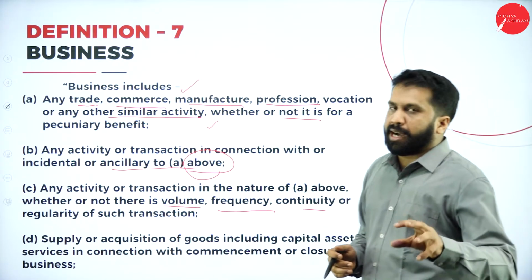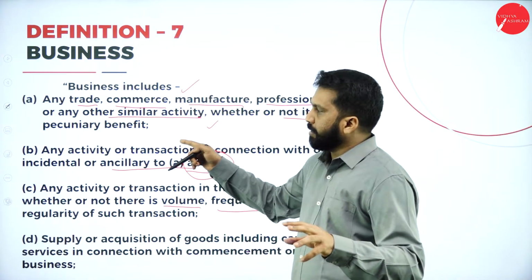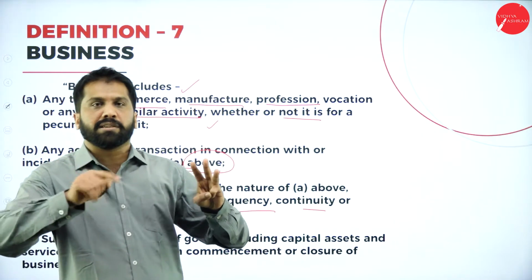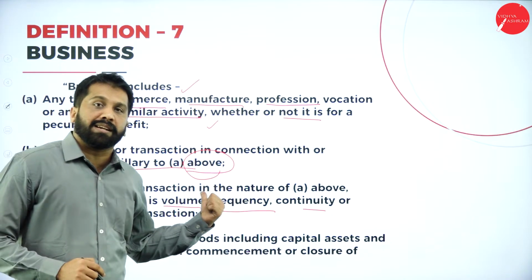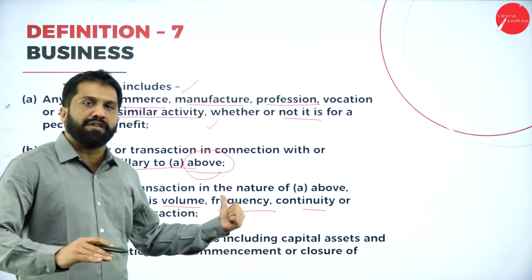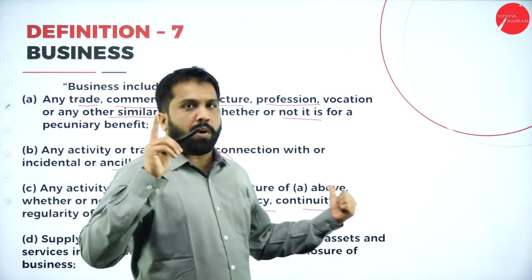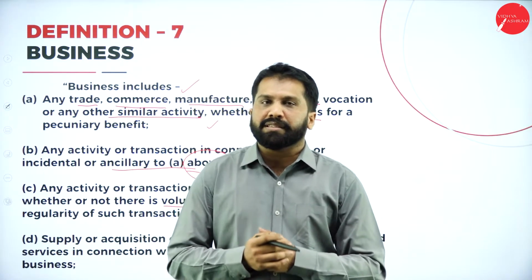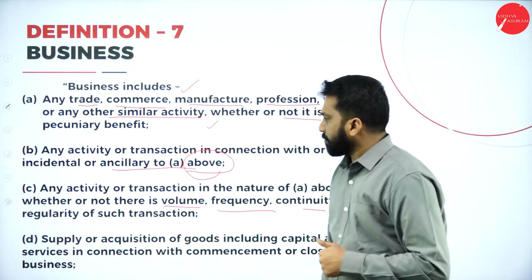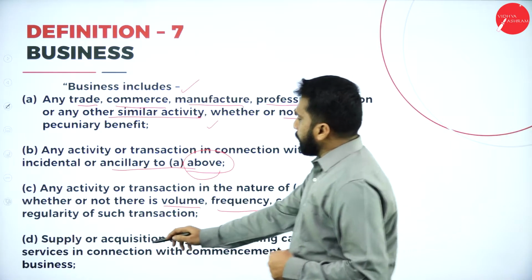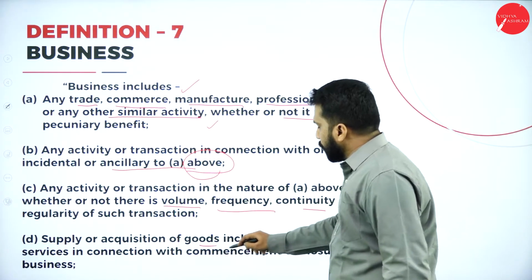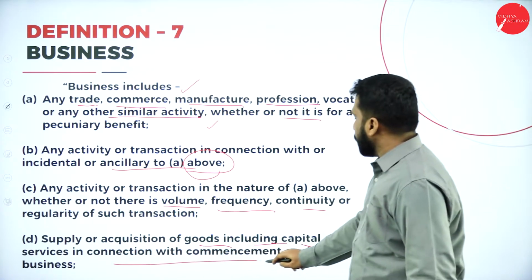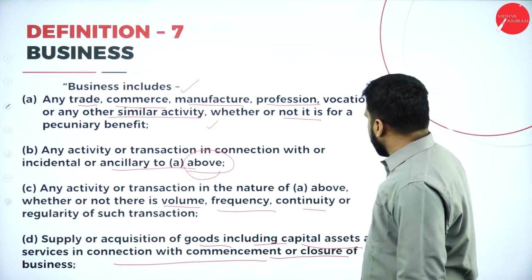We cannot say that the umbrella manufacturer is not a business, because even though he manufactures only 3 months in a year, he is also called a business. Even if there is no frequency or continuity, if you manufacture once in a year for 1 month, he is called a business. Clear? Yes. Last one: supply or acquisition of goods including capital asset and services in connection with commencement or closure